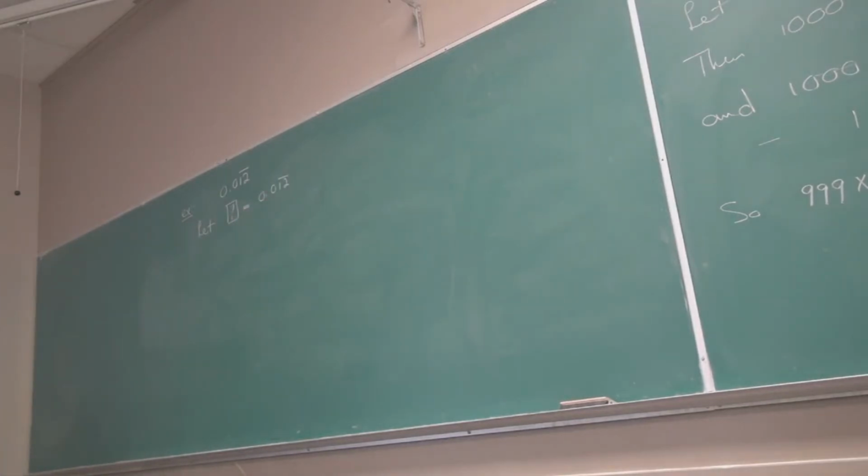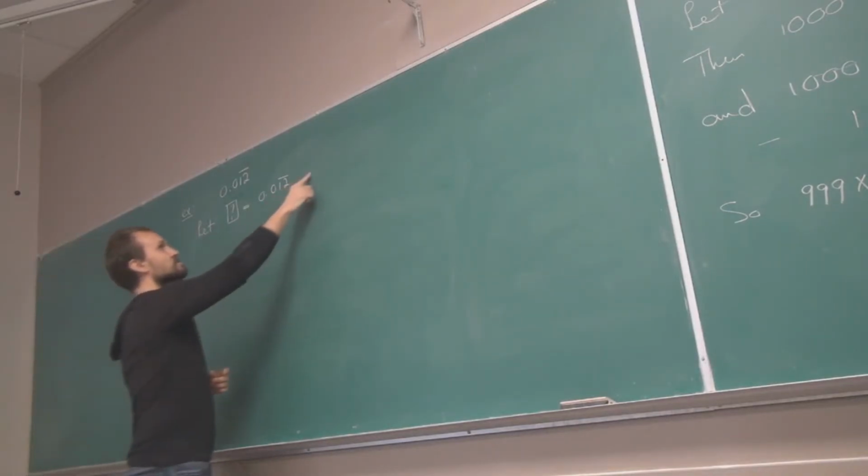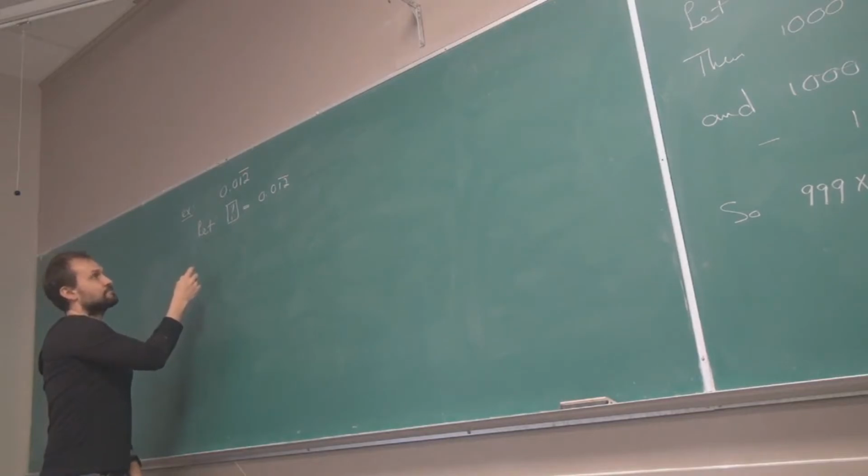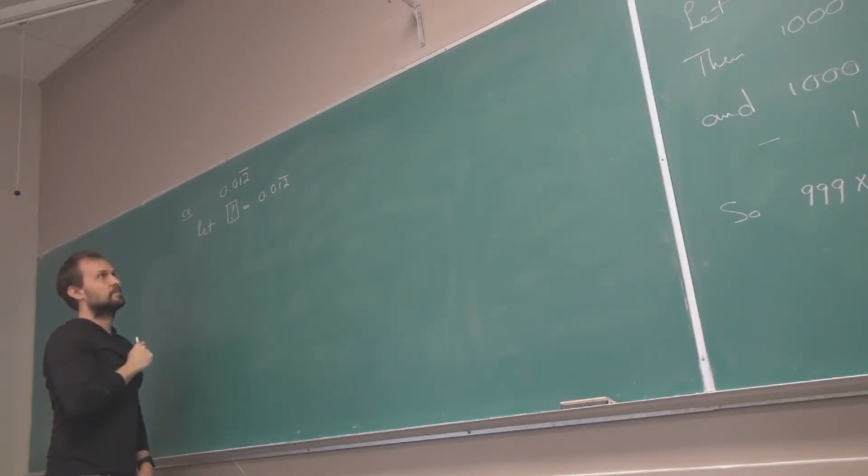Okay, so now only the 1 and the 2 repeat. The 0 is just there for fun. The 0 doesn't feature any further on. It's going to be 1, 2, 1, 2, 1, 2, 1, 2. But if I'm going to get a method, this method better work always. So what do I do now?